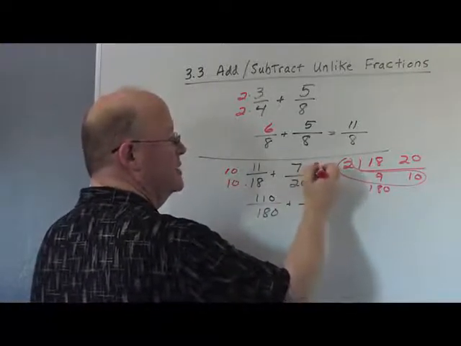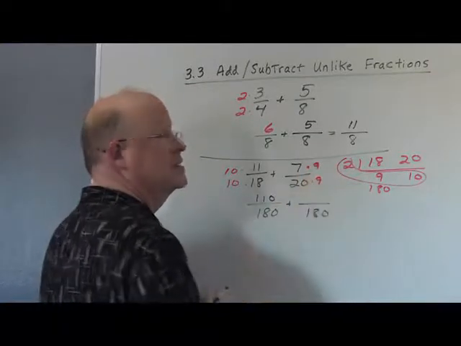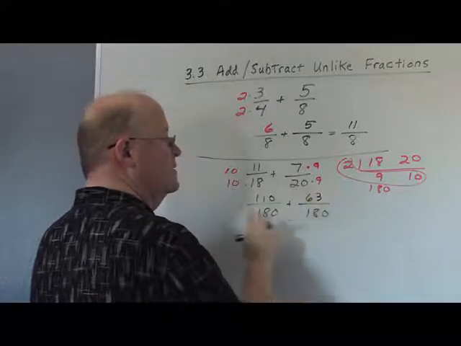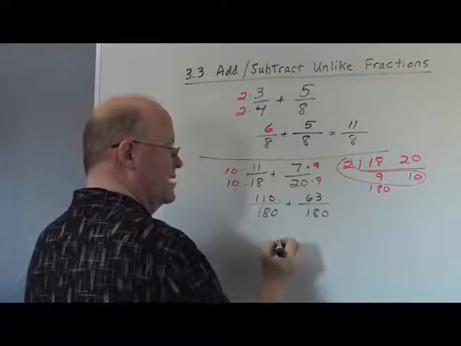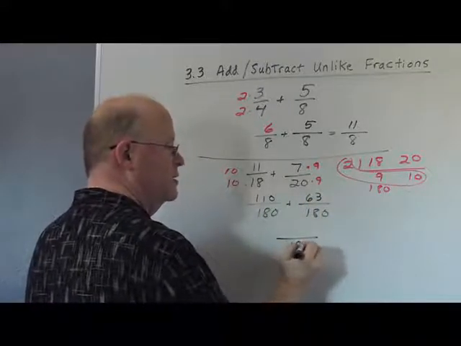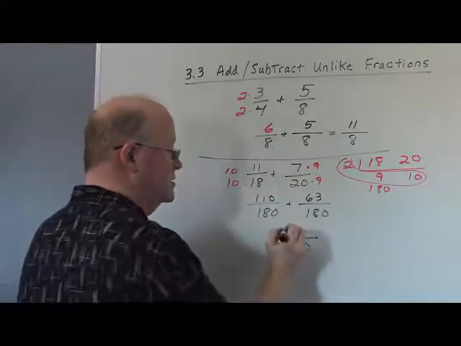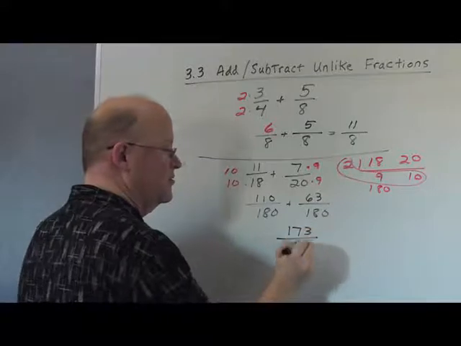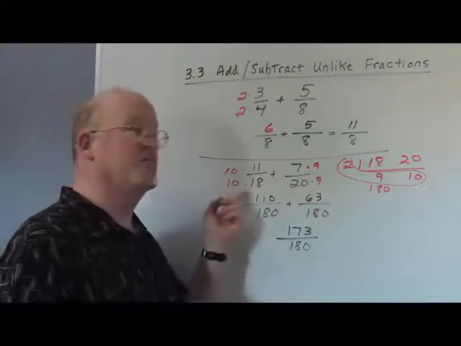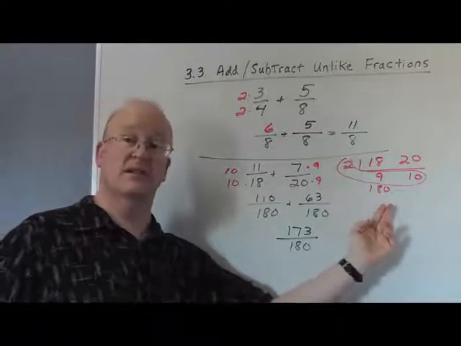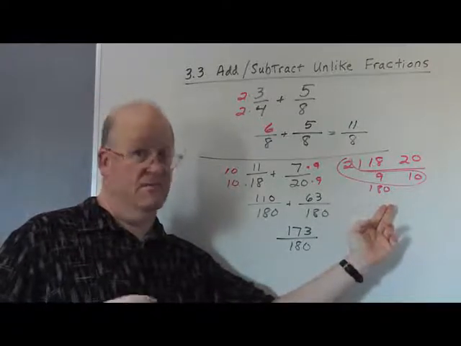So we will multiply by 9 over 9. 7 times 9 is equal to 63. Now we can add our numerators together, keep the denominator of 180. 110 plus 63 is 173. So anytime these fractions look yucky, so to speak,